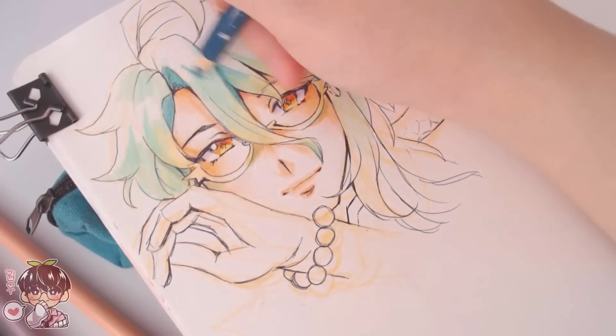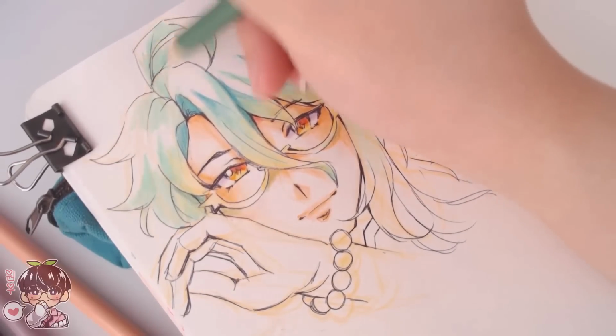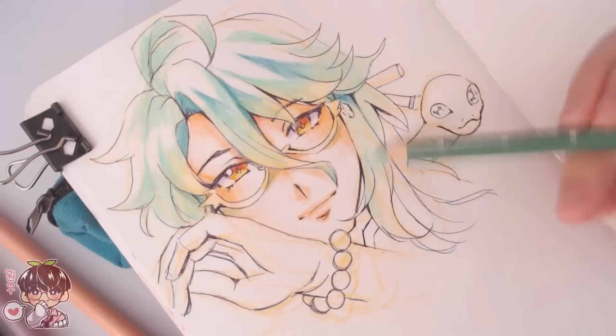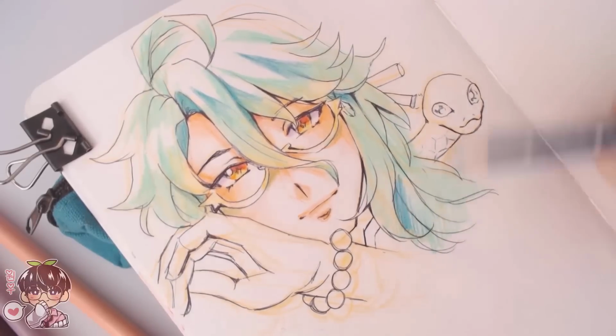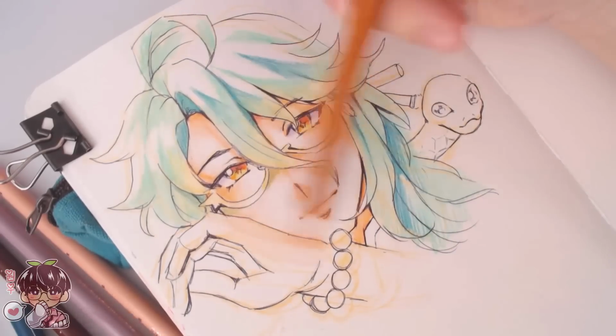So I'm going to try my best to prevent it, because I haven't gotten this feeling too often, especially because I draw more digitally now, but I don't want it to be too much of a hindrance for me doing stuff traditionally either. Okay, so for colors,